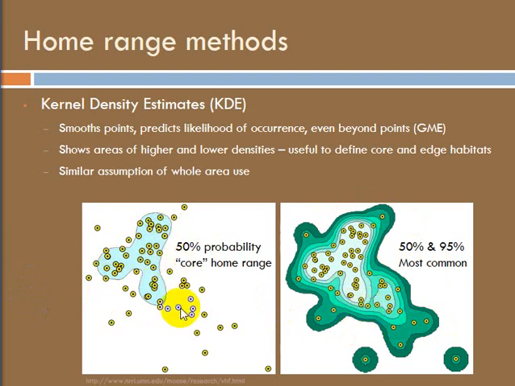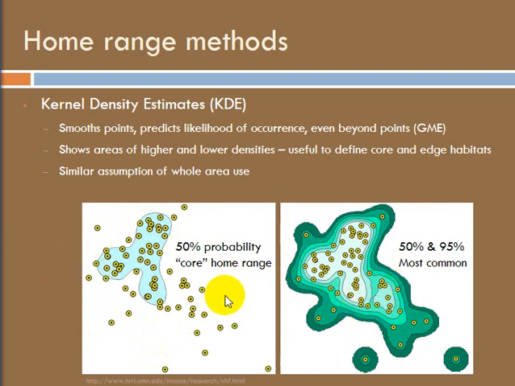The 50% and 95% probability of use areas are the most commonly employed. The 50% KDE home range represents the core area that the animal uses most intensively, and the 95% kernel home range is a more general representation of what the animal needs to survive. It's typically called an edge home range. So we have a core and an edge, and it's a 50 and 95% probability of use area. That's basically just a classification of